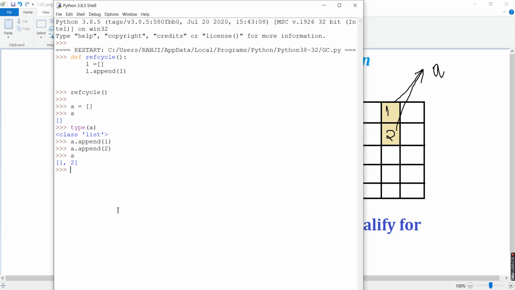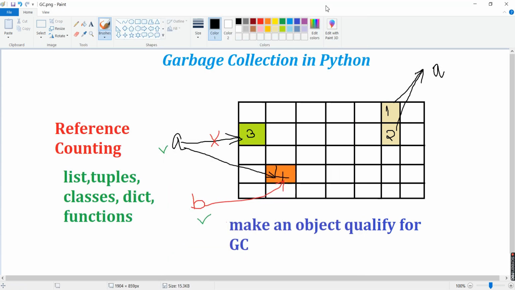Now what we do is delete this A. If we delete A and then call A, A does not exist. By this we make an object qualify for garbage collection. A is now not there in the memory.